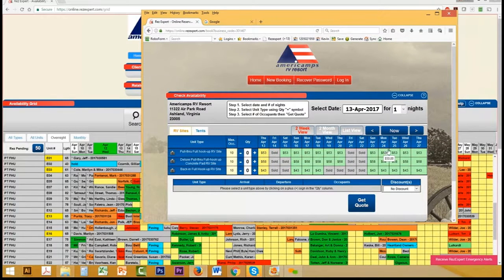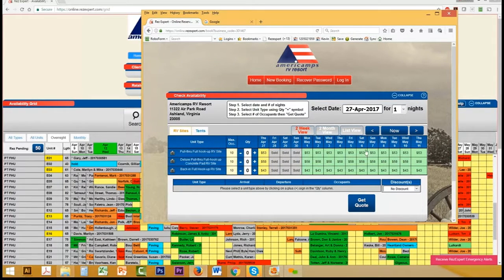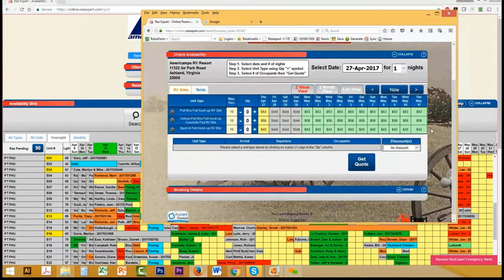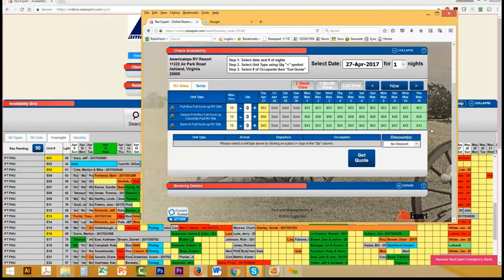So if I try to book, let me have a look. Oh, I can see it's sold out for that weekend anyway. I think that's NASCAR weekend. Yes, the 28th to 30th is NASCAR. But here at AmeriCamps, you could book a 1 night anytime. Oh, okay. Except for those NASCAR weekends, they keep a one night. But if you go to